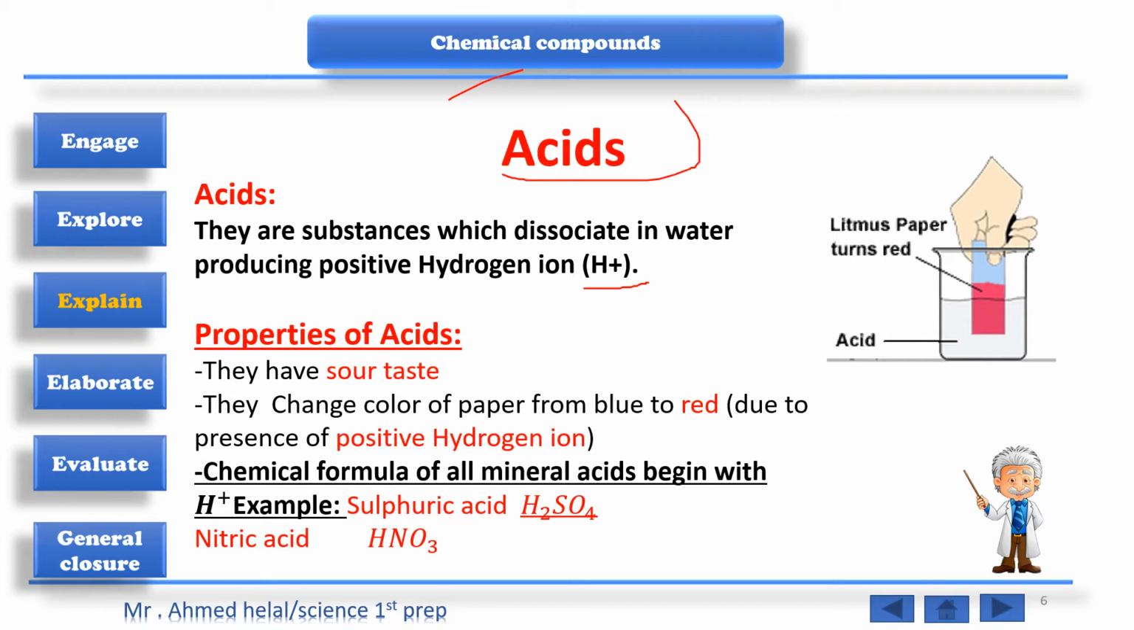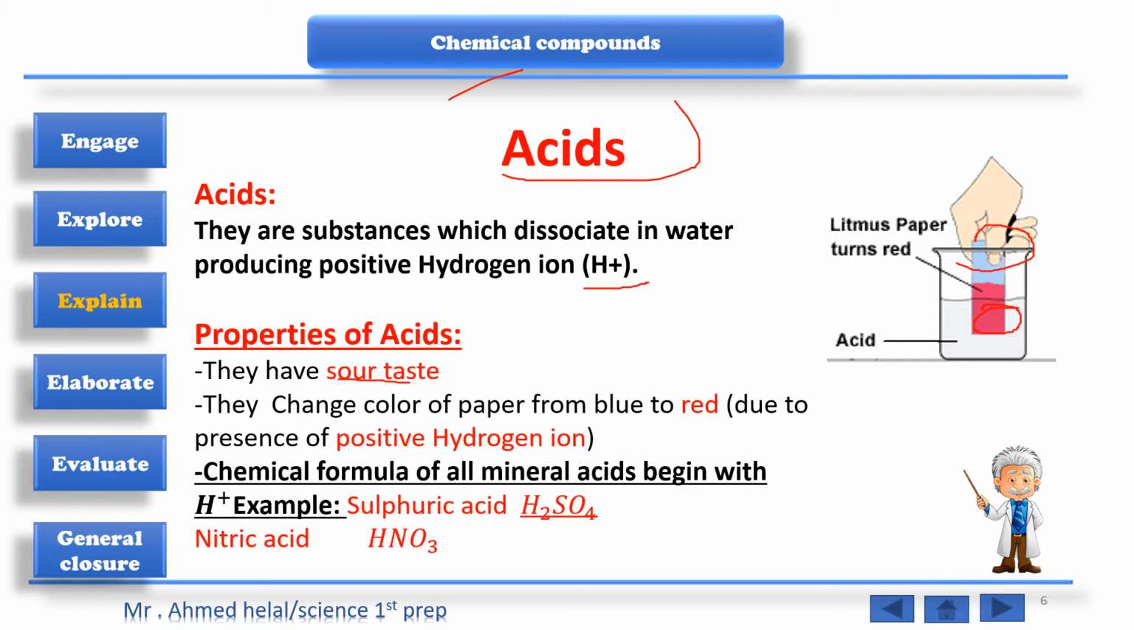And now we'll study the properties of acids. They have sour taste, like lemon. When you taste the lemon, this is a sour taste, okay? They change the color of blue litmus paper to the red color. For example, we have sulfuric acid,